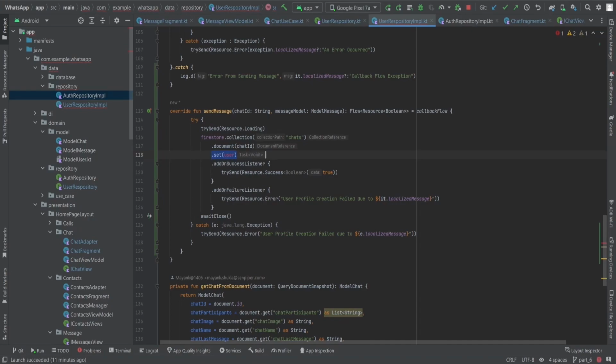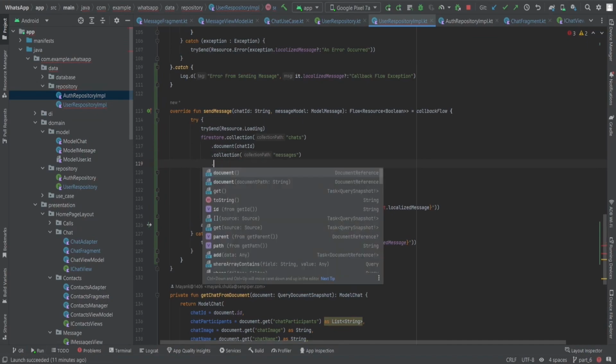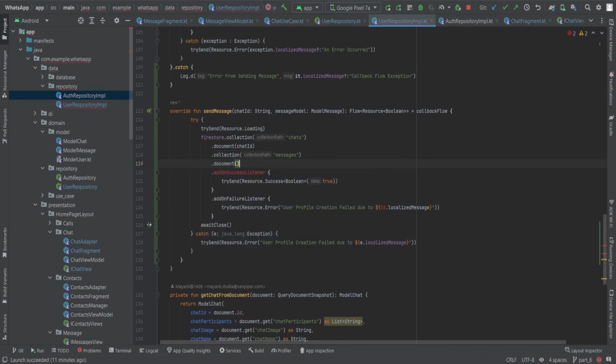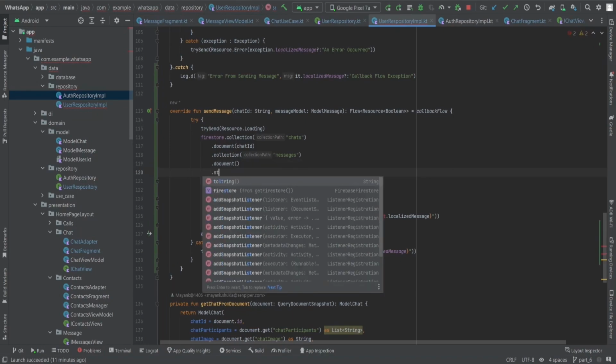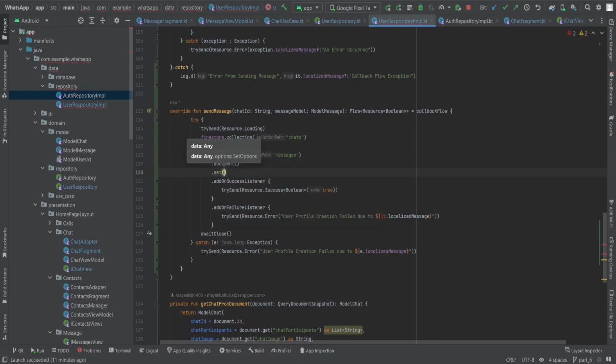Actually we're going to get the collection of messages here, then simply a document. This simple document call creates a new automatic document whose id is going to be random and unique. Now set, provide the message model here, and you get everything as simple as that.